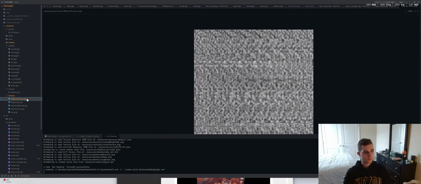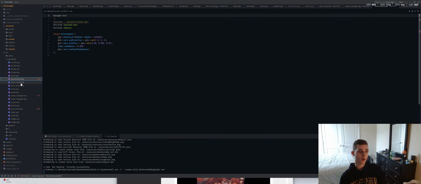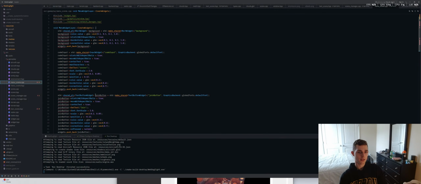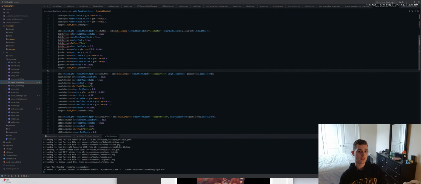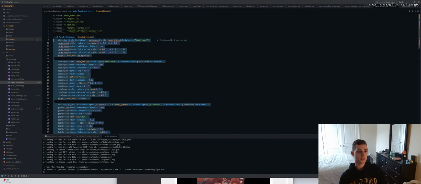But another thing I want to do with this engine is I want a level editor in the future. And to have a level editor means there have to be scene files. Currently there is no scene file system. Scenes are hard-coded. This is a scene. This is how I create the UI for a scene. And while this is okay for UI, in my opinion, because UI is not something I plan to be customizable,